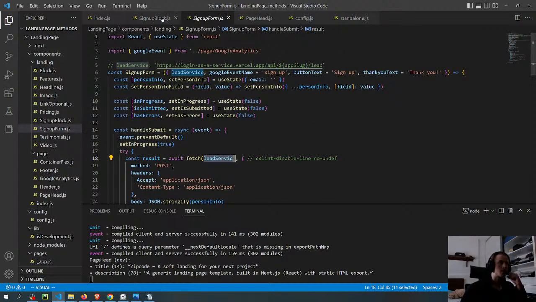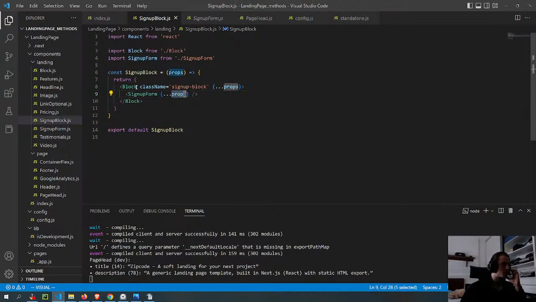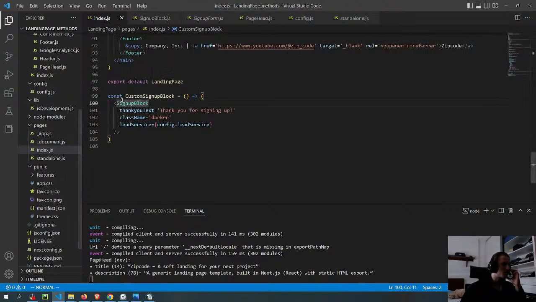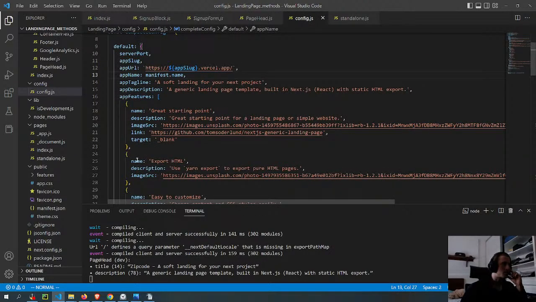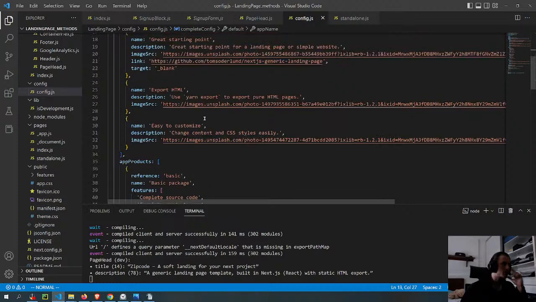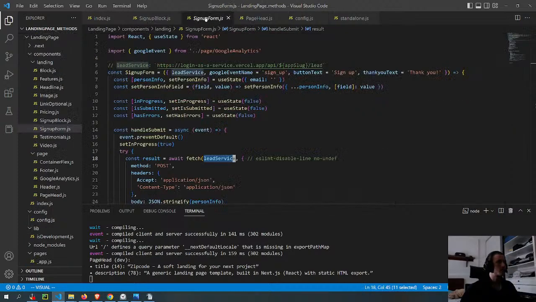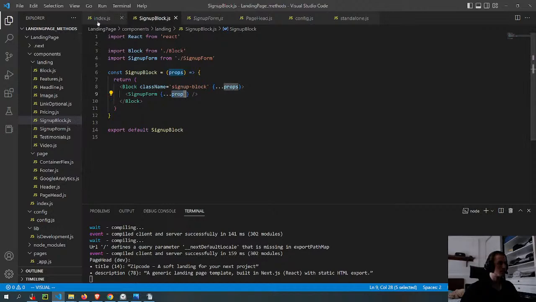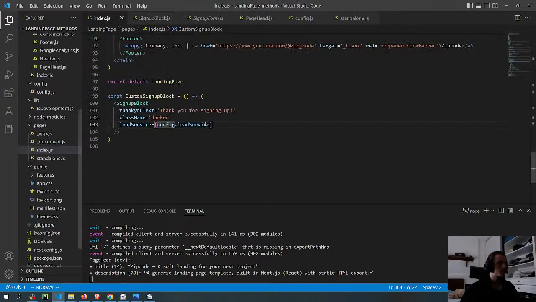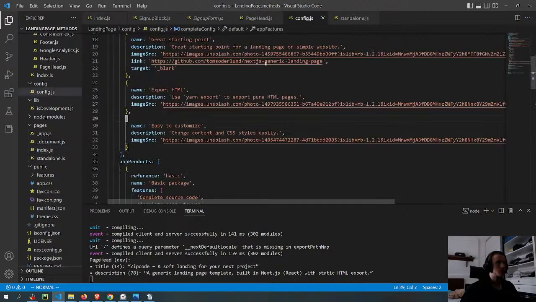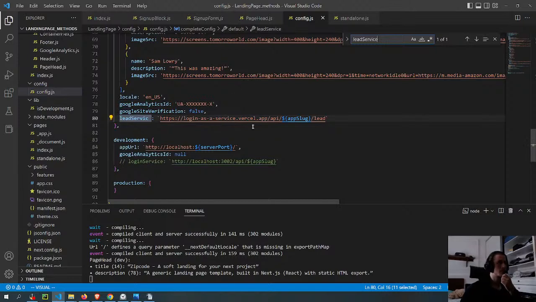Yeah, the hard thing is that this comes from prompts, which comes from this, which comes from this. So it's on the config file at lead service. Oh, here. Yeah, that's why.